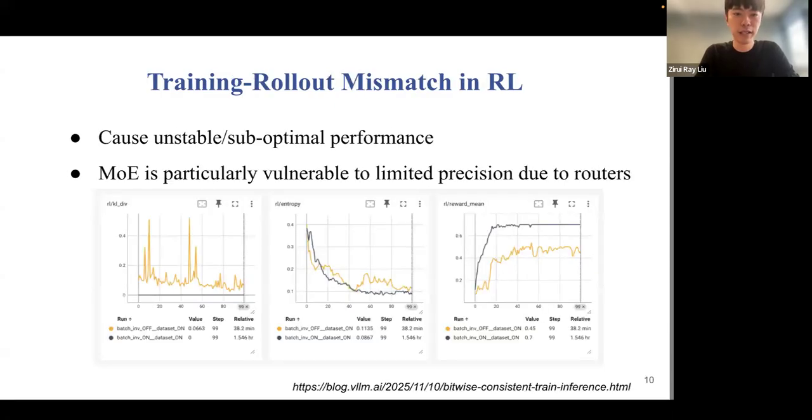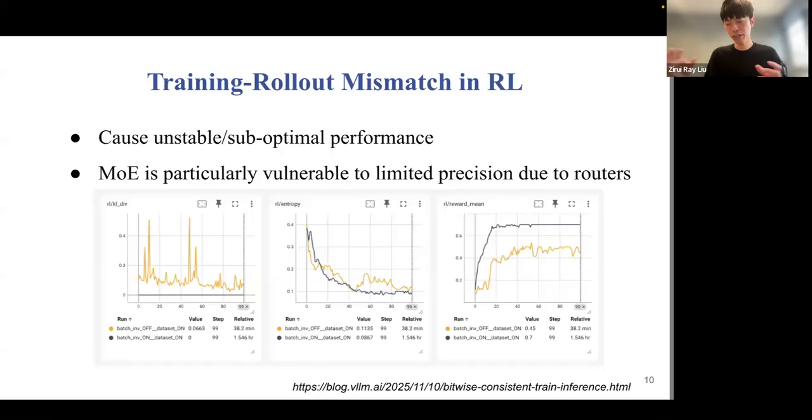And this slide is one illustration example of the rollout mismatch problem, the practical impact of this problem. I also want to mention that mixture of experts models are particularly vulnerable to the limited